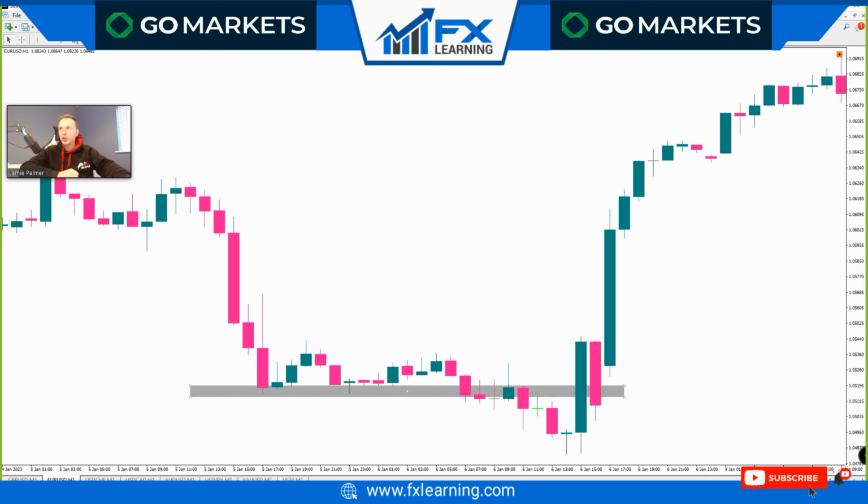This is the 1 hour chart on Euro USD. As you can see here, price has come down to a support line, okay? And for quite a while, it's bounced off it, okay? So you can argue it's done a double bottom pattern, or it's come down and bounced off it various times before breaking. If you are scalping,